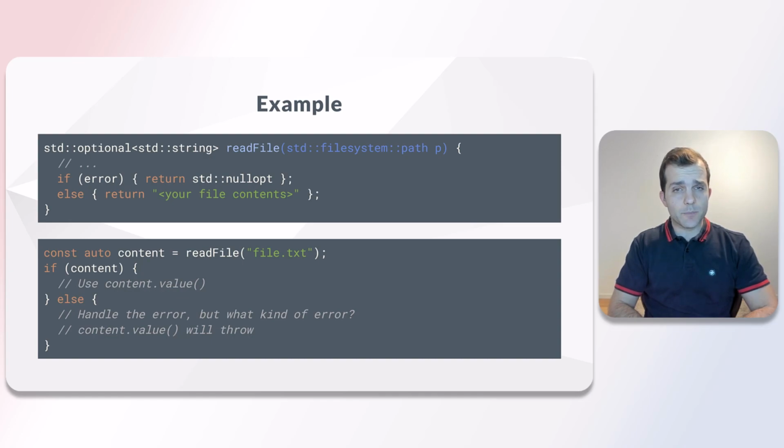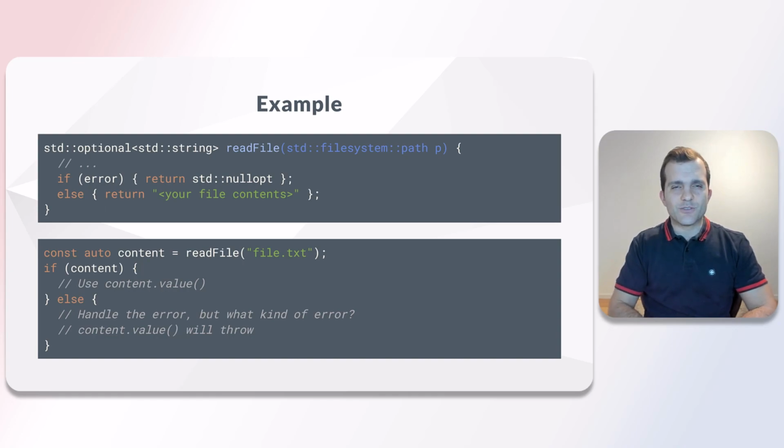The most interesting part is how a user of the read file function can access the contents of the file. First, they need to check if the optional holds a value. Then, if it does, they may access the value using the value function. The use of optional forces the caller to check for an error before accessing the contents of the file. If the caller tries to access the contents of the file when an error has occurred, an exception will be thrown. Remember, the goal is to make wrong code hard to get away with, and optional helps us achieve just